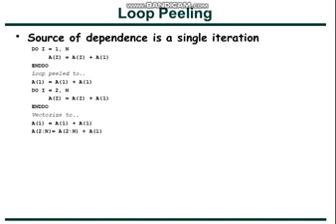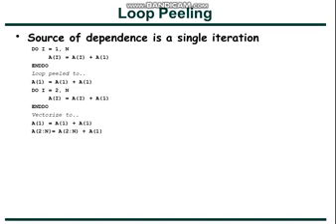So here how many dependencies are there? There are n number of dependences and every dependence is starting from the first iteration of the loop and going to a different iteration of the loop from 2 to n. So you can say that the source of dependence is a single iteration and here it is the first iteration. So if the source of dependence is a single iteration, then we can peel off that iteration out of the loop. If we peel off this iteration out of the loop, then this loop will be transformed to,